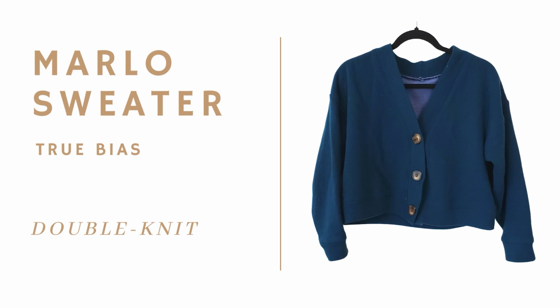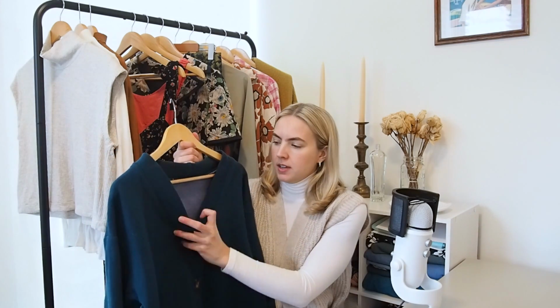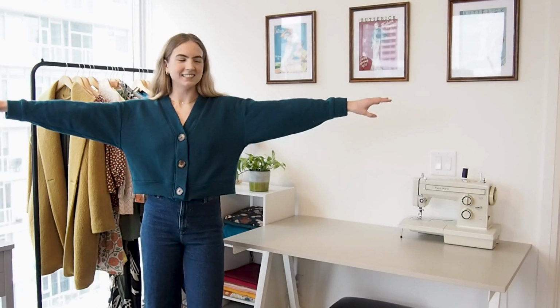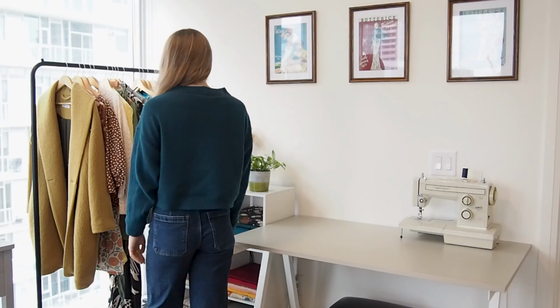You can see the outside, the right side is this kind of jewel toned blue color, and the inside of the double knit is a lighter kind of baby blue. I had a good experience sewing this. It was one of my first times working with a true knit like this, and it was relatively easy to